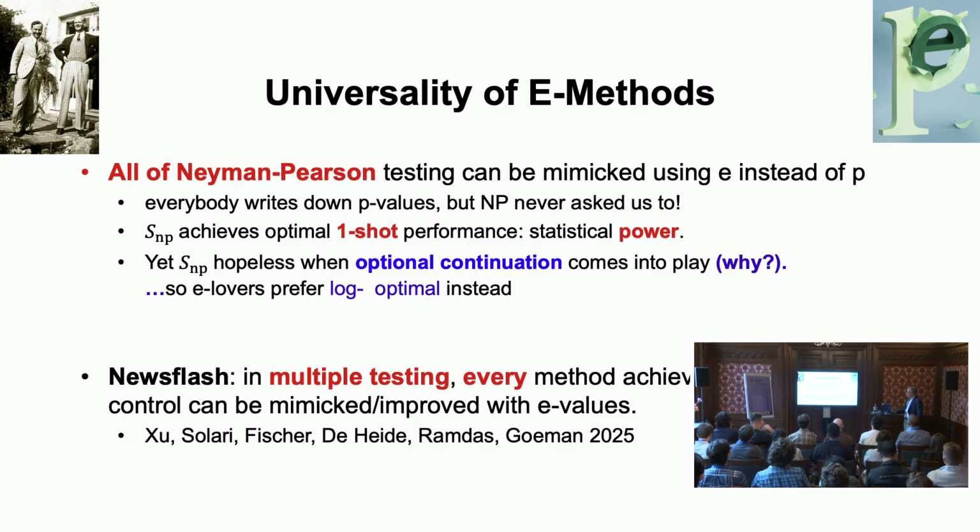And here, it's really a pity that Rianne couldn't be here, because she knows a lot more about it than I do. In multiple testing, it's even nicer, because there you can show that every procedure that's admissible in some sense, so that means there's no procedure which is always better and never worse, has to be based on e-values. For example, if you're interested in false discovery rate. That was really an enormous breakthrough.